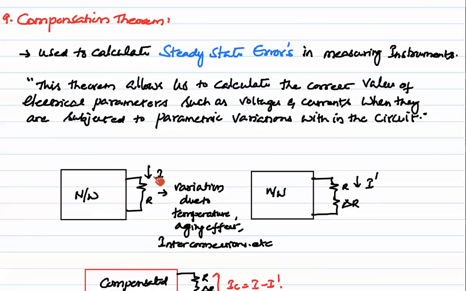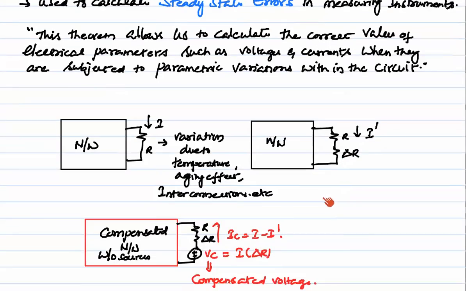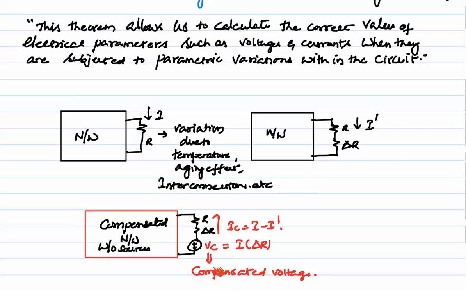So in network 1 the current flowing is I and the resistance is R. But when we connect some other element such as an ammeter, what will happen? The ammeter has resistance, so it adds resistance to the existing network, and the current value is going to change to I dash. Now we are going to compensate this drop using a compensation network without any sources. Important: without any sources. So VC is the compensated voltage, which is the current already flowing, I, into delta R,